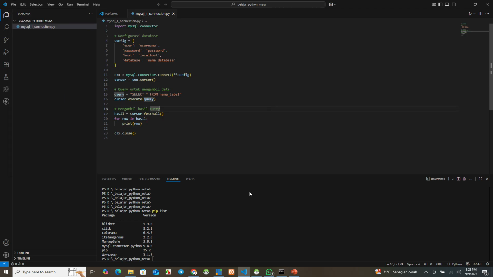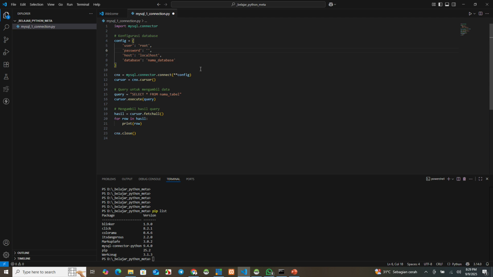Now we must know that on my database, we have user root, password blank. This depends on your database, localhost.